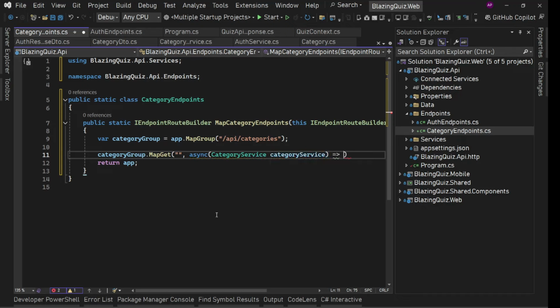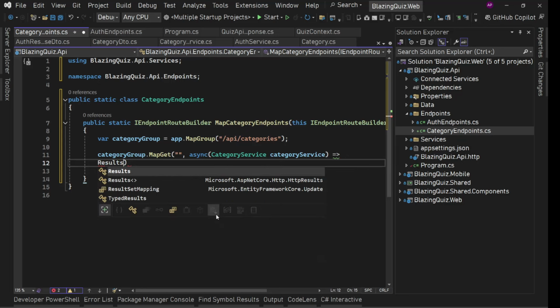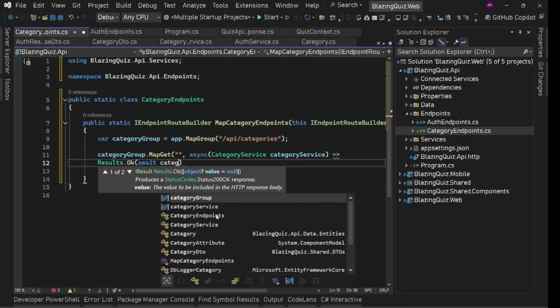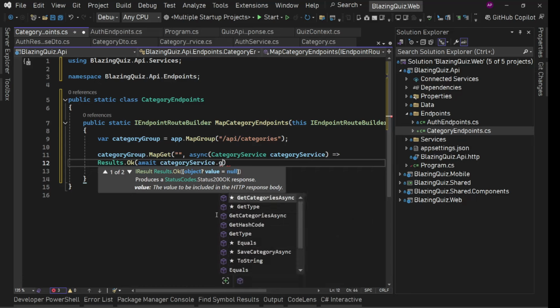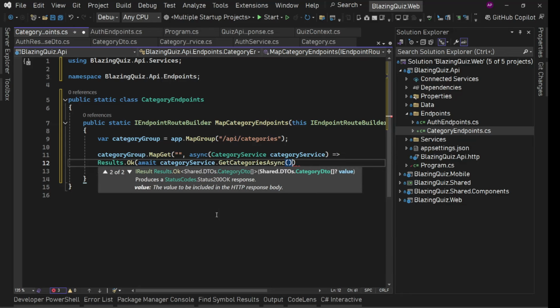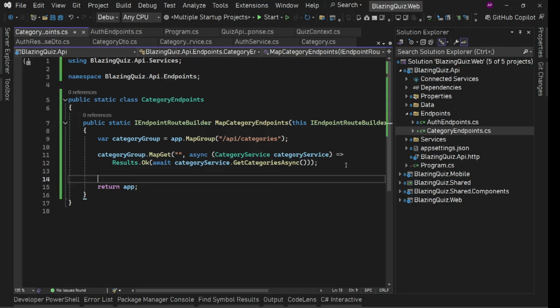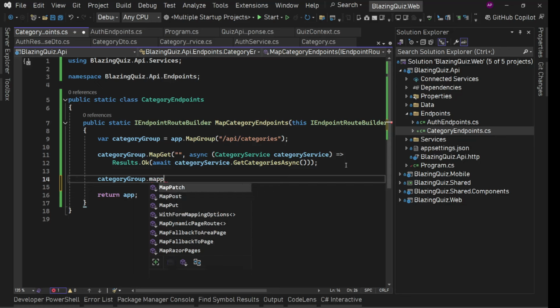Alright, and from here we will simply return results dot okay await category service dot get categories async, and using this we are good with our get endpoint, and then we'll create our post endpoint, category dot map